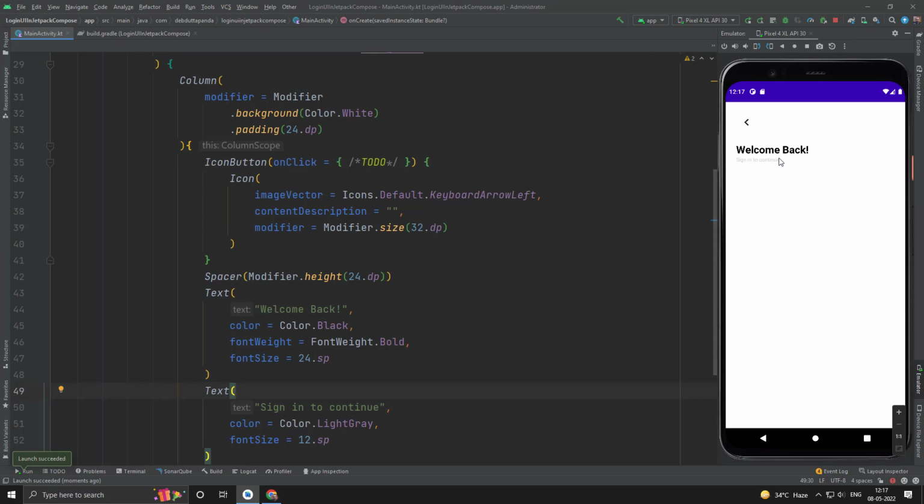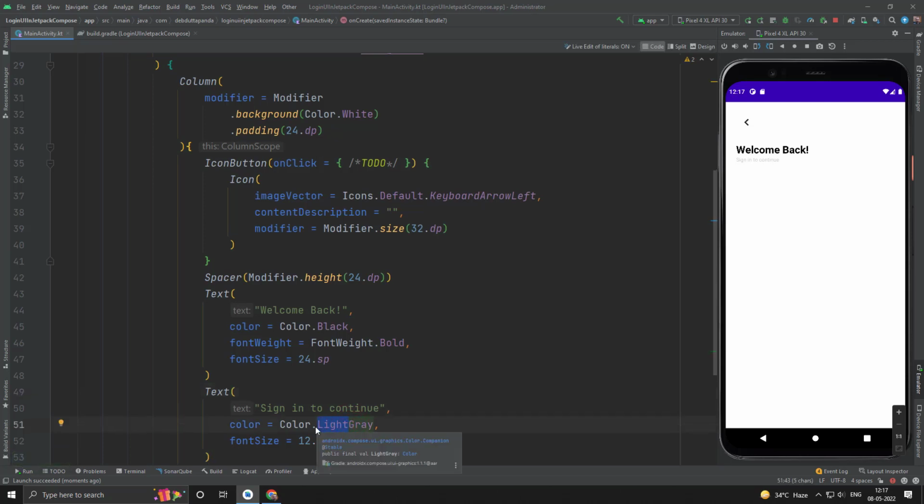Yes, it seems okay, but I think it's very light gray. Let's give it just gray. Yes, right now it's perfectly okay,